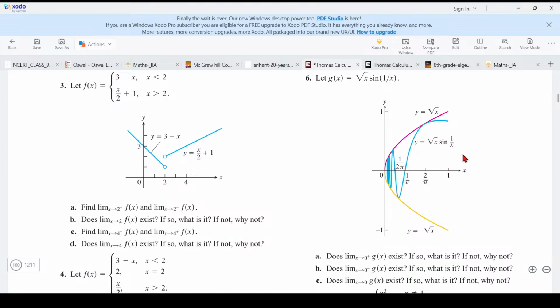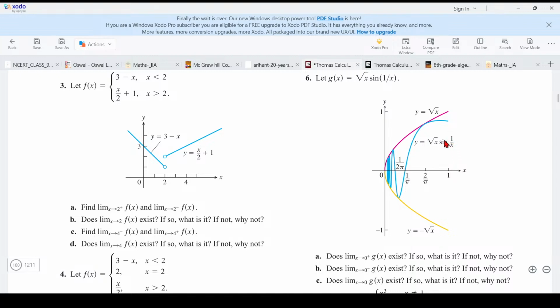Sine 1 by x need not be positive. Sine 1 by x is some sine theta, right? Sine theta is a number that always lies between minus 1 and 1. Agreed? So sine 1 by x is always a number between minus 1 and 1. When you multiply root x, let's say 3 point something, by some number lying between minus 1 and 1,